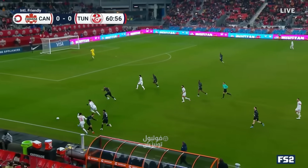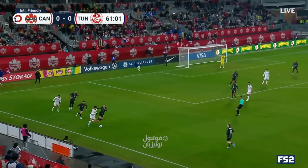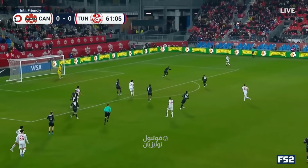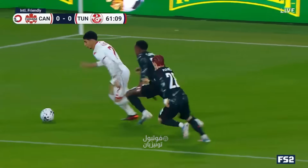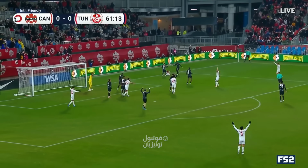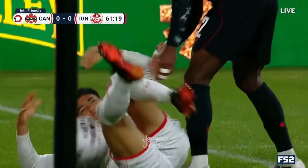Ben Hamida. Ball forward. Tunekti. Celtic attacker will lay this off. Skiri puts his right boot behind it, instead lays this off. Ayari does well to get around into the penalty area, goes down, and it's going to be the ball over the line, and now